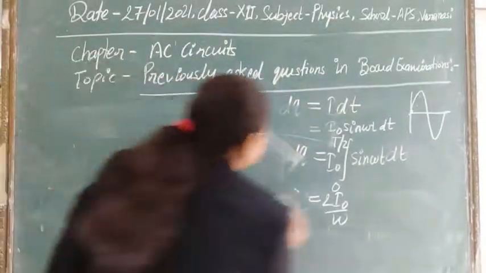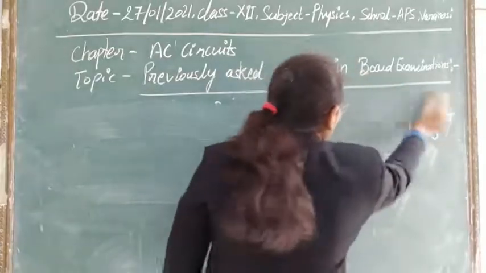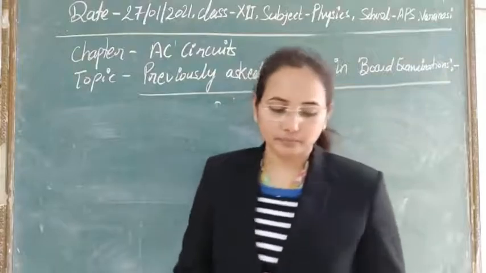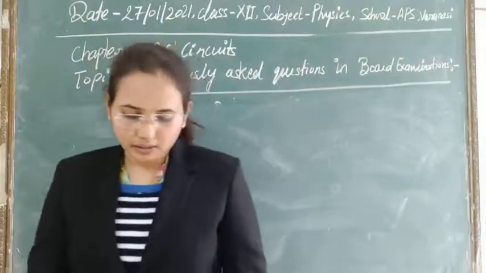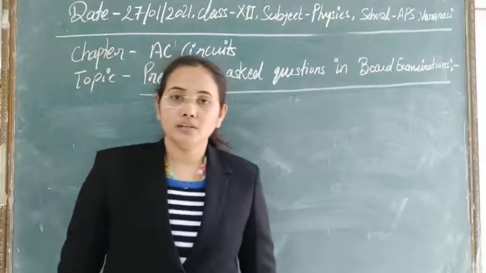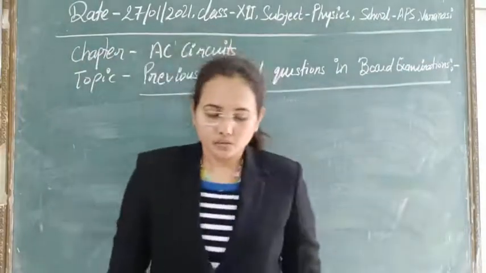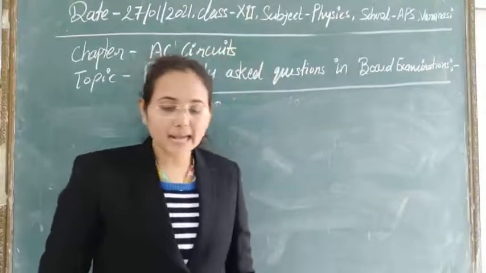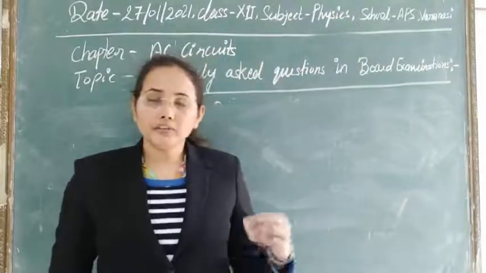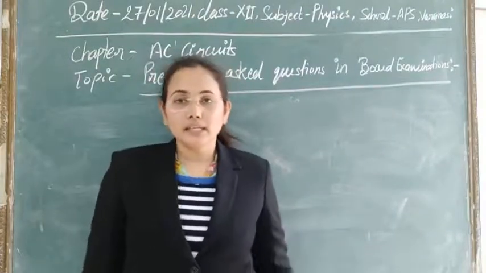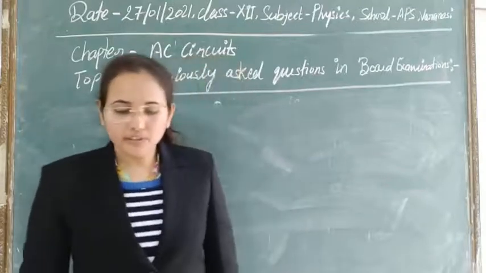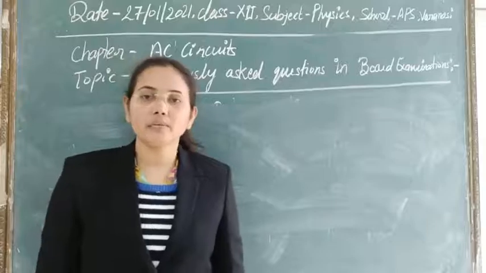So the question has been asked to derive the expression for the mean values of current and RMS values of current. So first of all, what is the RMS value? The RMS value is that value of AC which would generate the same amount of heat in the same resistor in the same time as some steady current. Clear? So simple, with the help of heat you can calculate the RMS value.